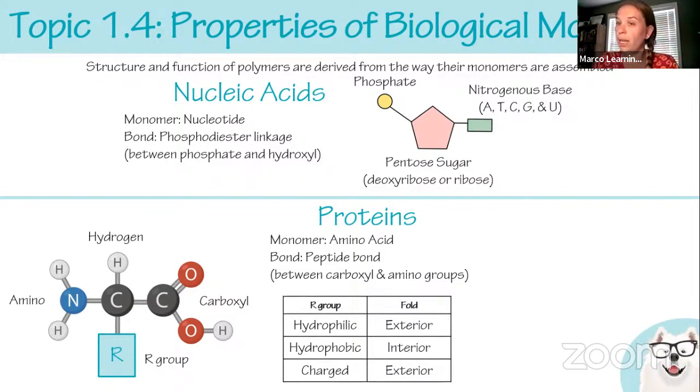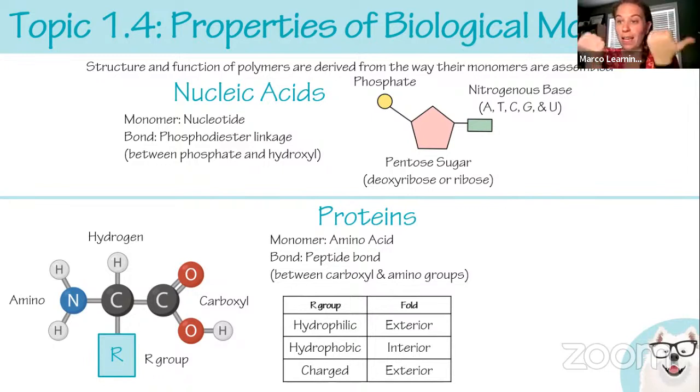So they can either be hydrophilic. If the R group is hydrophilic, it means that it's some type of polar. So it's probably going to have a lot of oxygens, sulfur, and nitrogen in it. That's going to have these polar covalent bonds in it, and so it's going to be hydrophilic, or water loving. And so when the final protein folds, it's going to fold so the hydrophilic